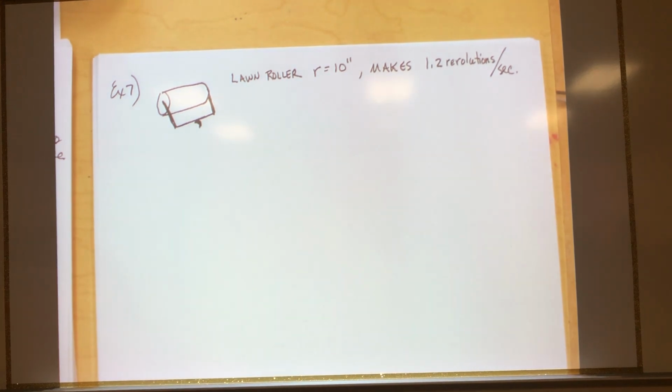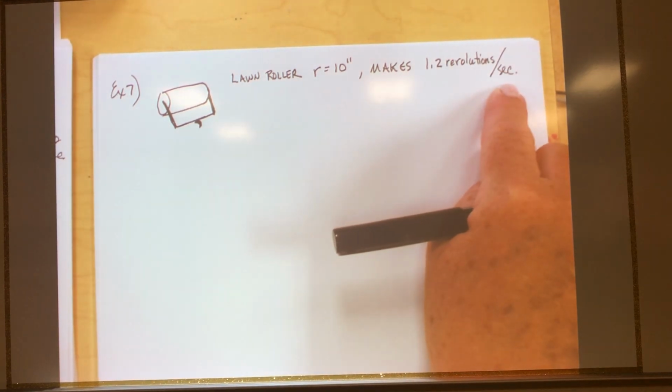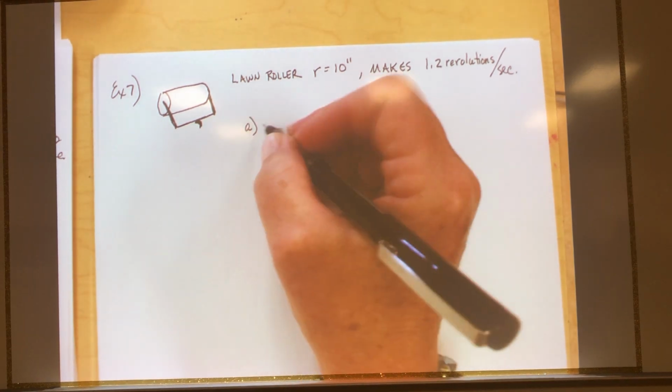That means every second it goes around 1.2 times. That would mean every 5 seconds you're getting 6 revolutions. All right, everybody okay? Okay, so the first thing they want to know is